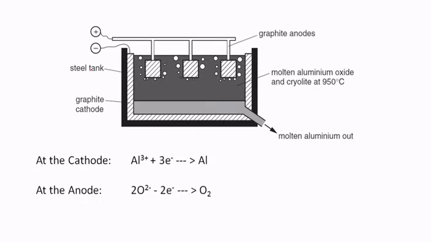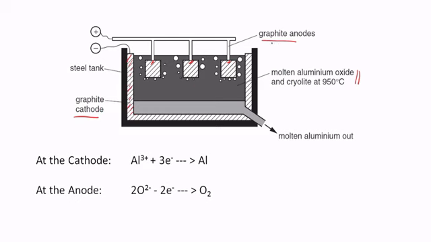So this diagram shows how the process takes place. We have a large steel tank, and we have the molten cryolite and the molten aluminium oxide as the ore. We have the graphite anodes, that is this and this and this, and the steel tank is also lined with graphite. So right, and this lining is a cathode,